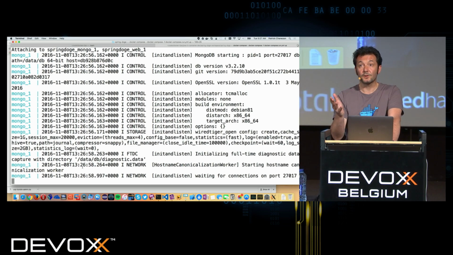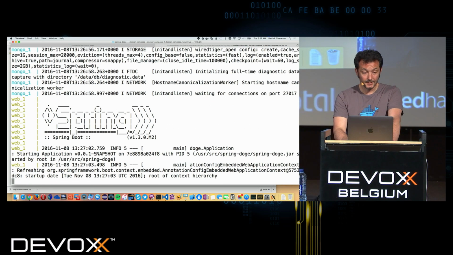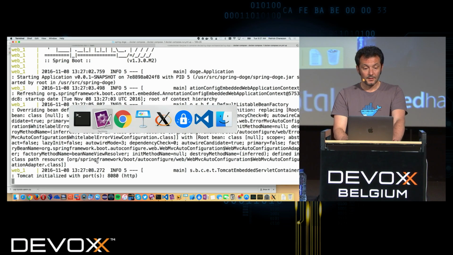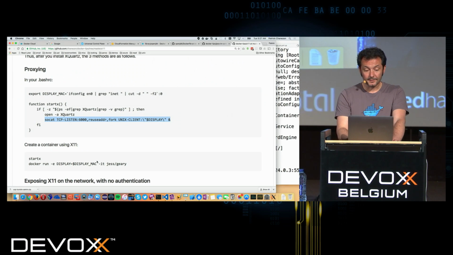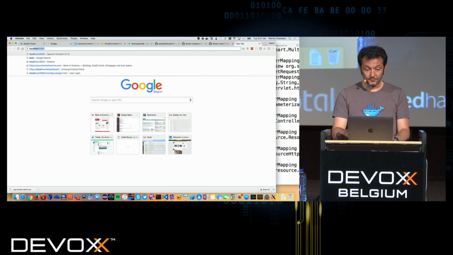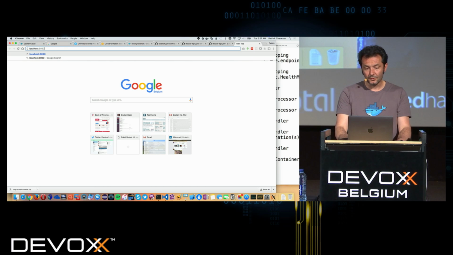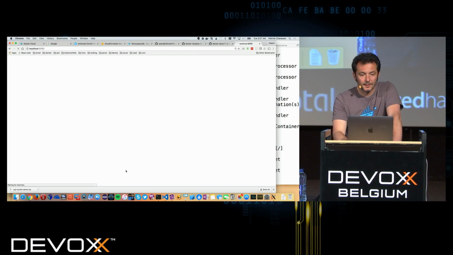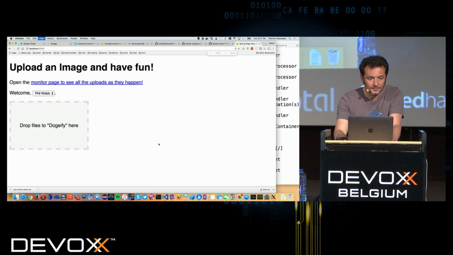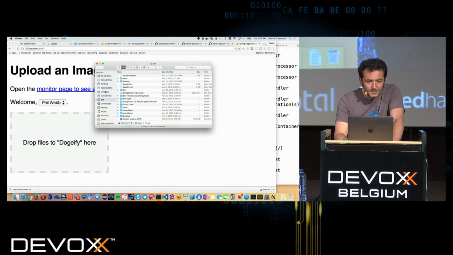If I'm targeting a swarm cluster, it's going to create an overlay network between the different nodes. And then it's starting Mongo and my application. And the beauty of Docker for Mac is that it's really integrated even at the network layer. So if I do a localhost 8090, it's going to be exposed on localhost once it's running. So let's try that. Oh, it works. Okay. So what the application is doing is I can take an image there.